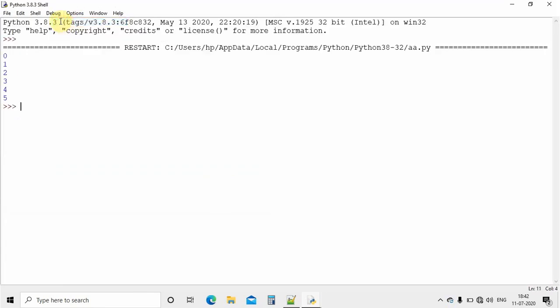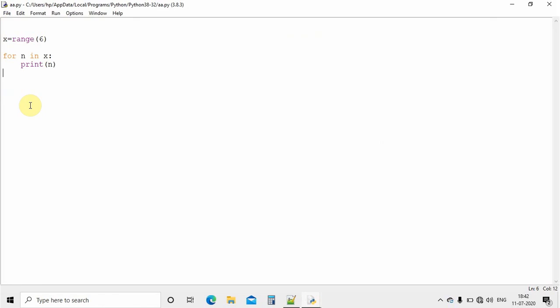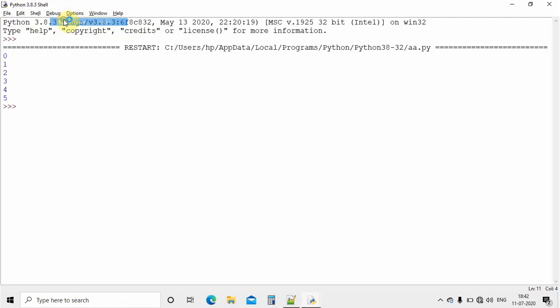Now as you can see, it is creating numbers 0 1 2 3 4 up to 5. The last number which you specify, it will create numbers less than that one. 6 is the last number which is given. So the range function will be like this: 0 is the starting value, 6 is the ending value, and the interval which is taken here is 1. I can write like this also, 0 comma 6 comma 1. In this case it should create the same output as the previous one. So let us